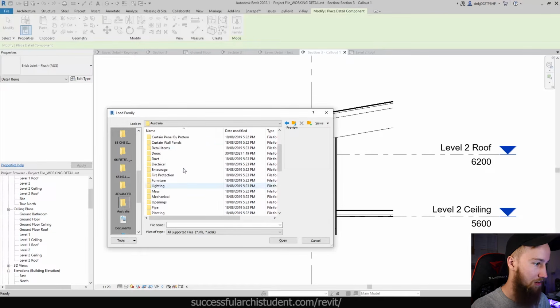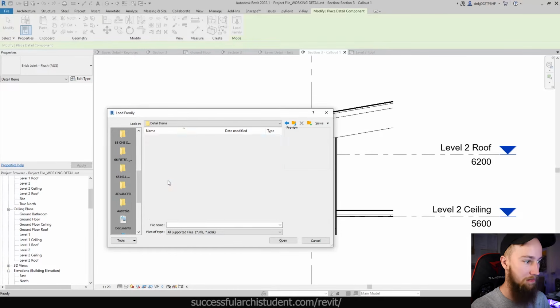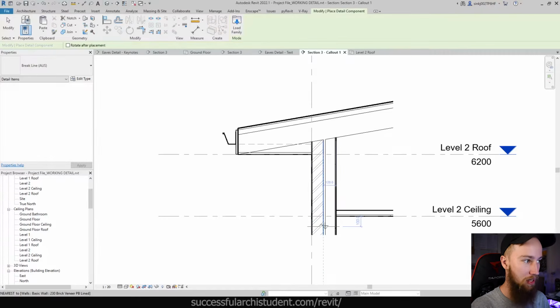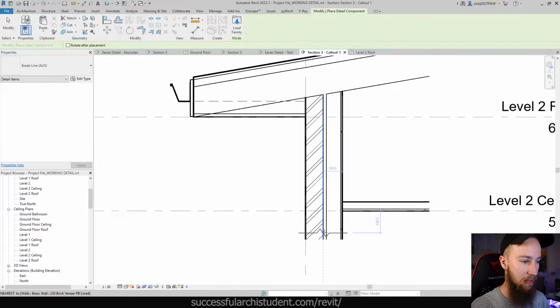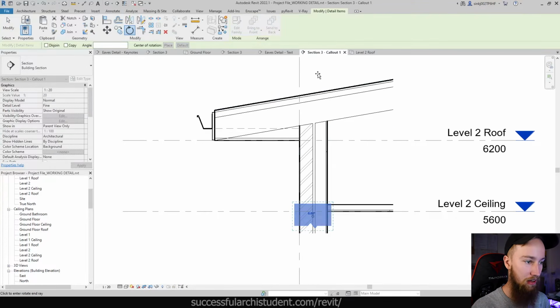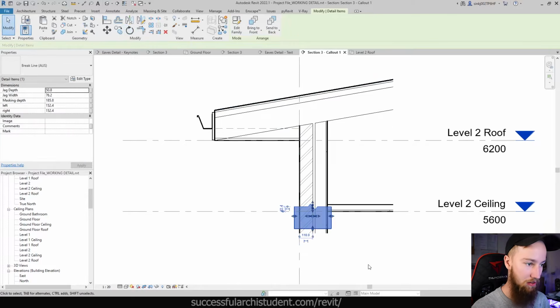I'm going to go ahead and go to Detail Item. If I look under General, you're going to see this break line. What we can do is place this on, say, where we want this view to end. And I actually need to rotate this around 180 degrees, so I'm just going to do that. And it's going to truncate that drawing so that it kind of cuts it off